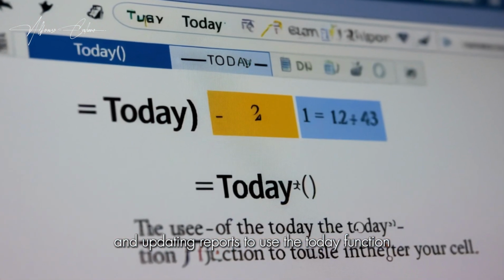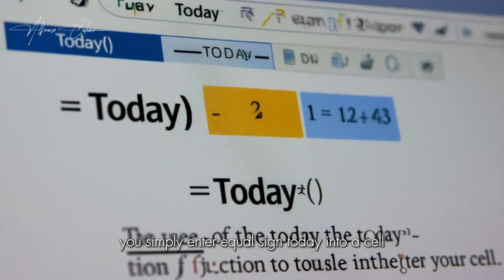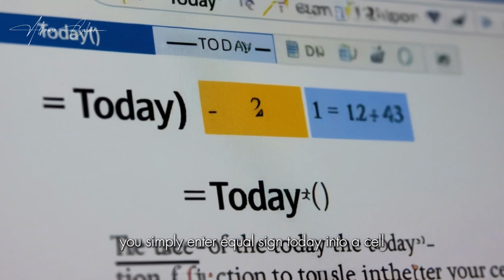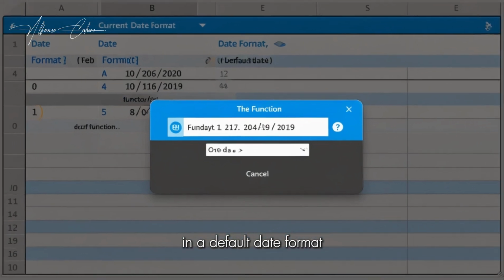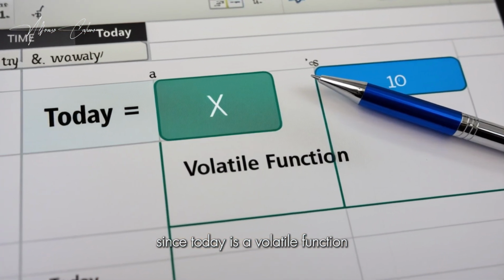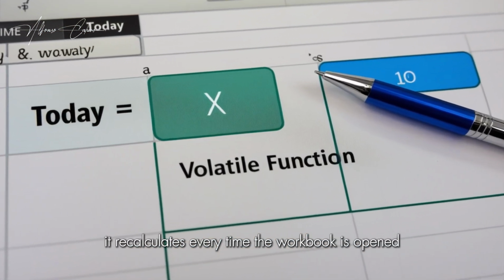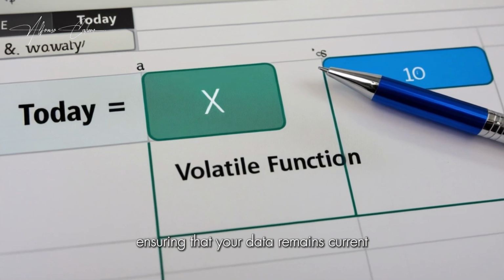To use the TODAY function, you simply enter =TODAY() into a cell. The function will display the current date in a default date format. Since TODAY is a volatile function, it recalculates every time the workbook is opened, ensuring that your data remains current